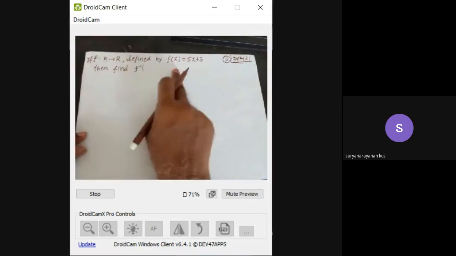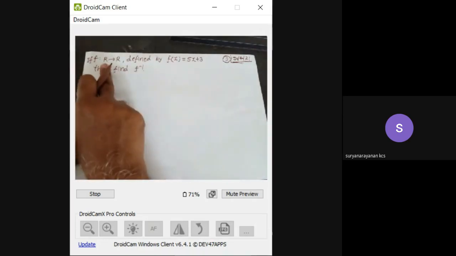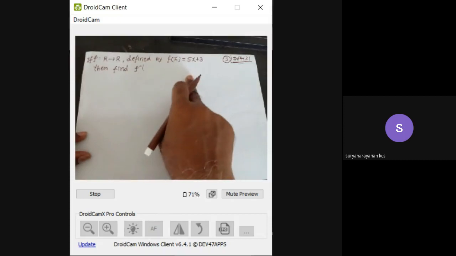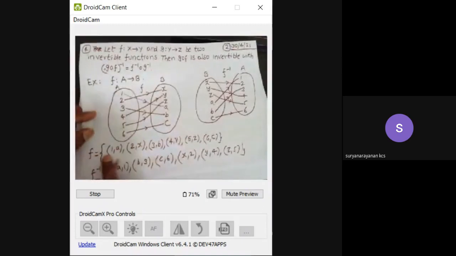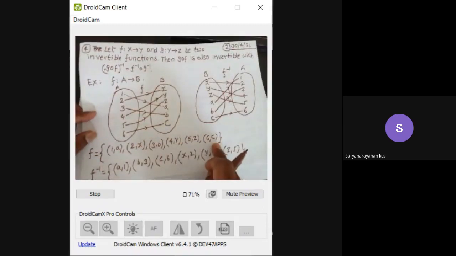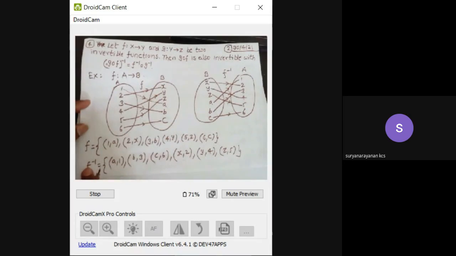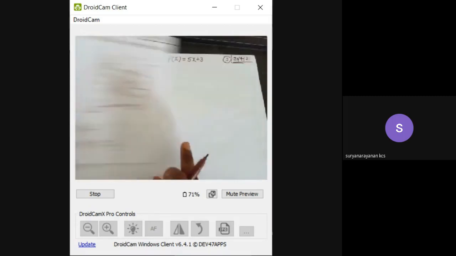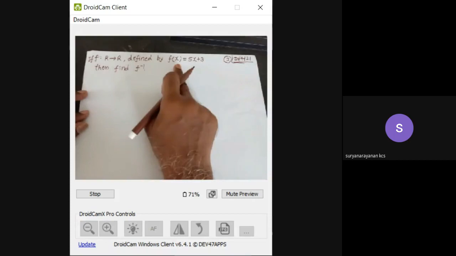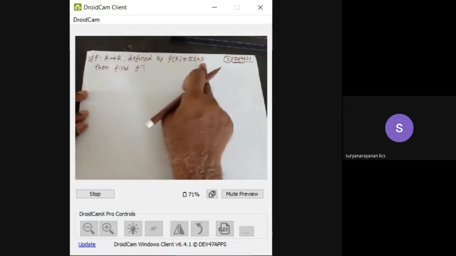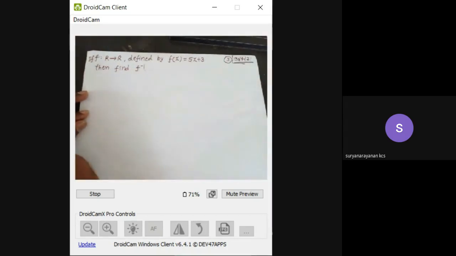If you observe here, this function is not defined as a set of ordered pairs. As in the previous example, f is defined as a set of ordered pairs, and we found its inverse easily just by writing the reverse ordered pairs. But in this example, the function is not defined as a set of ordered pairs. In this case, if you want to find the inverse of a given function,